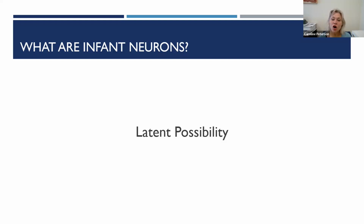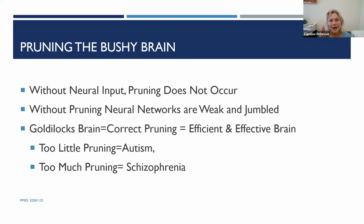Those neurons are latent possibility for that baby. That brain does not know what exposures that baby will have. That brain does not know what environment that baby is born into and what connections need to be made. That brain has pre-existing building blocks for any environment so the baby can succeed. Latent possibility. But to be able to succeed, the brain has to be pruned so it has the right networks